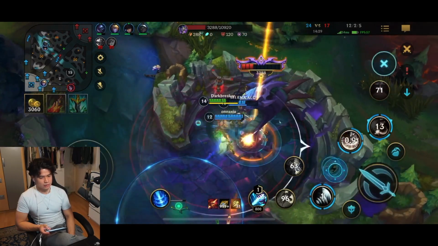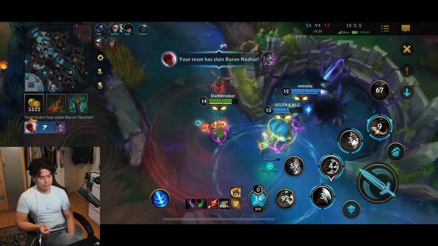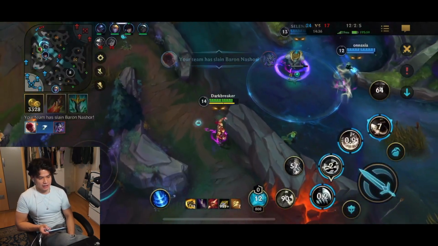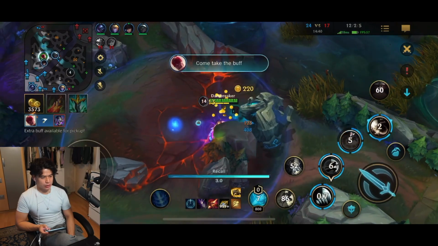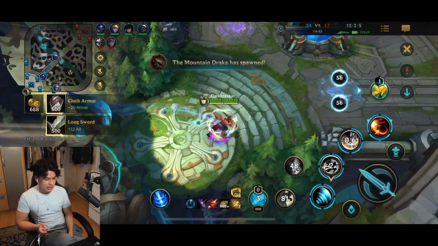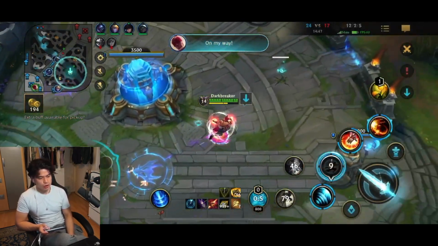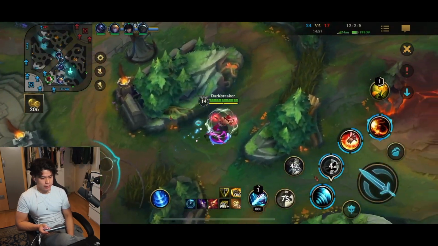Ooh, nice healing. Nice. Appreciate it. And we get the Baron. Nice. And with the Baron, we should be able to siege the turrets and also get that dragon beforehand. The dragon's spawning, so we're gonna go for the dragon, and then afterwards we can try to push the lanes